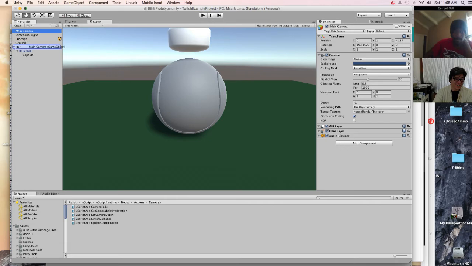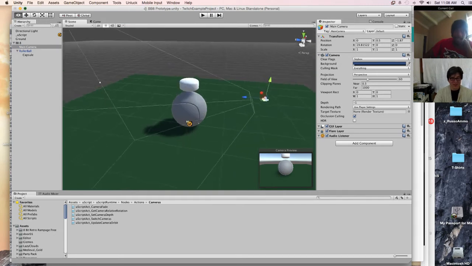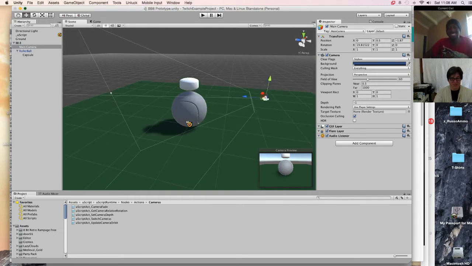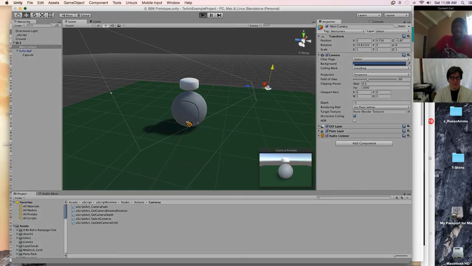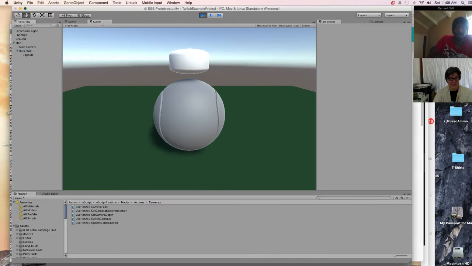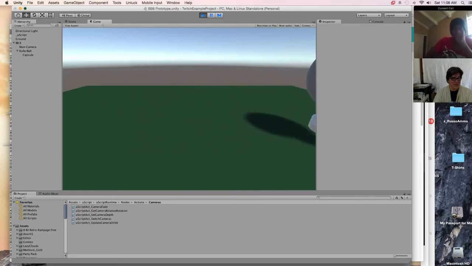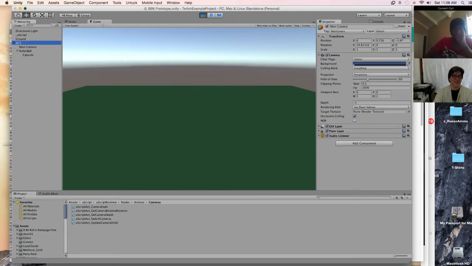So I'm going to do this the sort of budget way. I'm making the main camera a child of the BB-8 object, right? And what it'll do is it'll pull the camera around. So let's go to play. Oh, actually, it's not doing that. Oh, you know why?